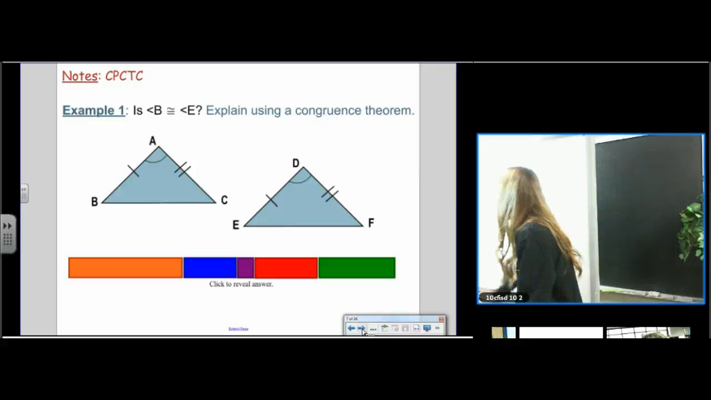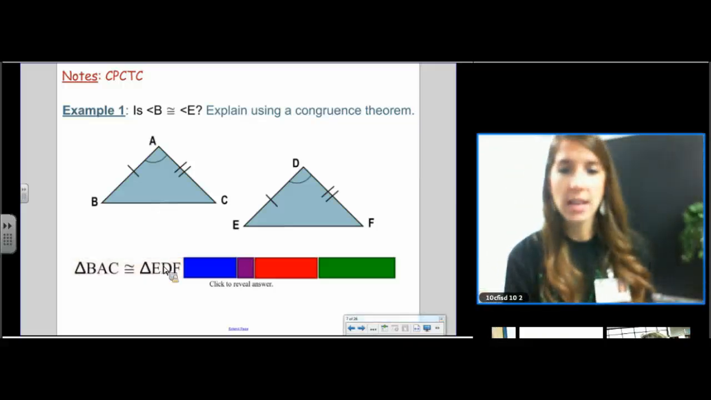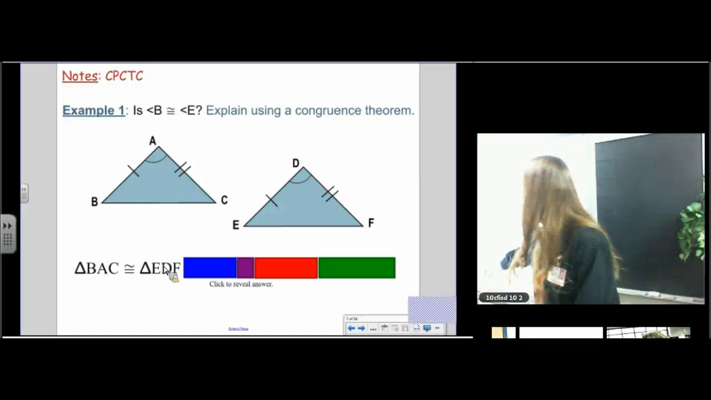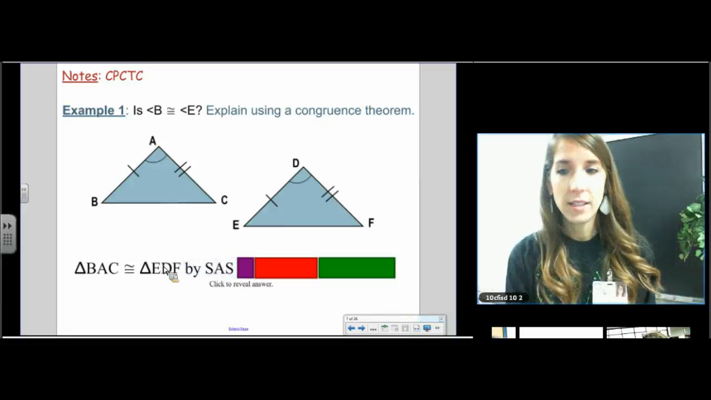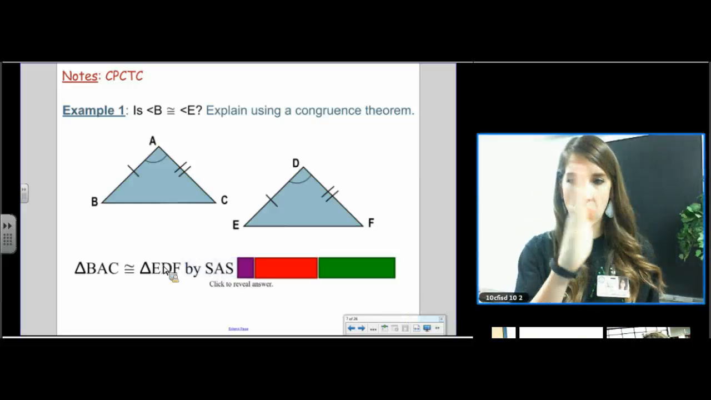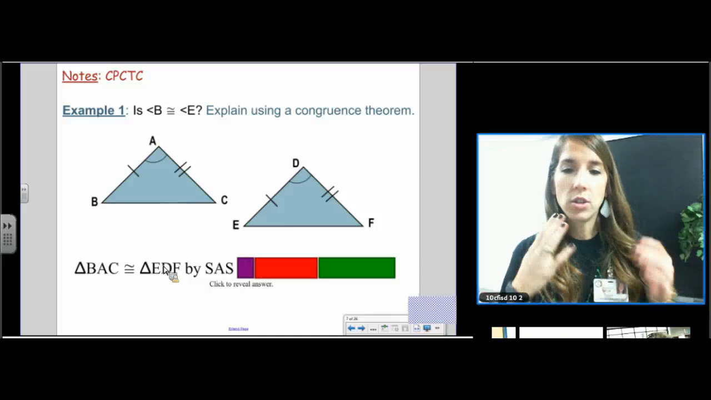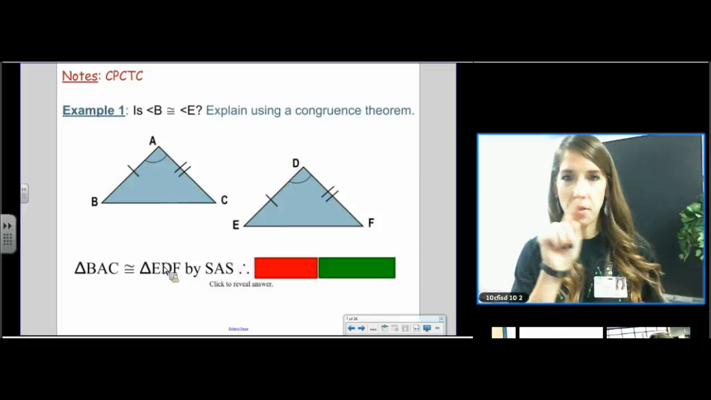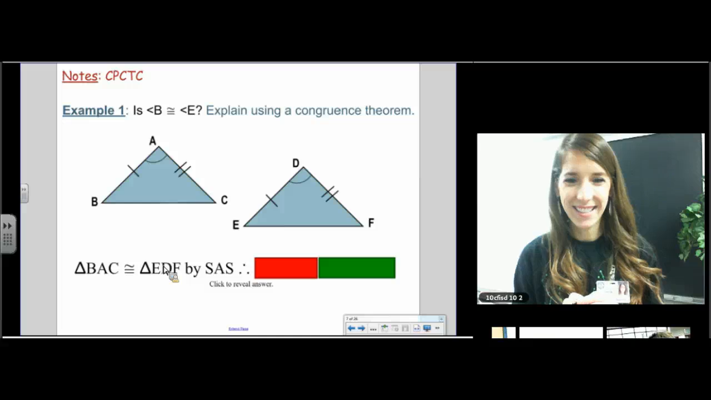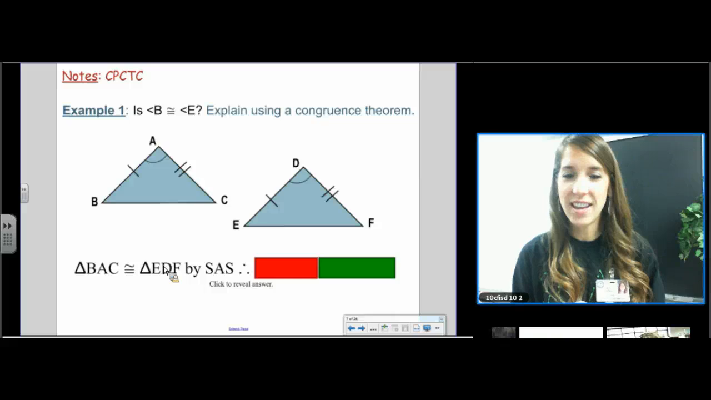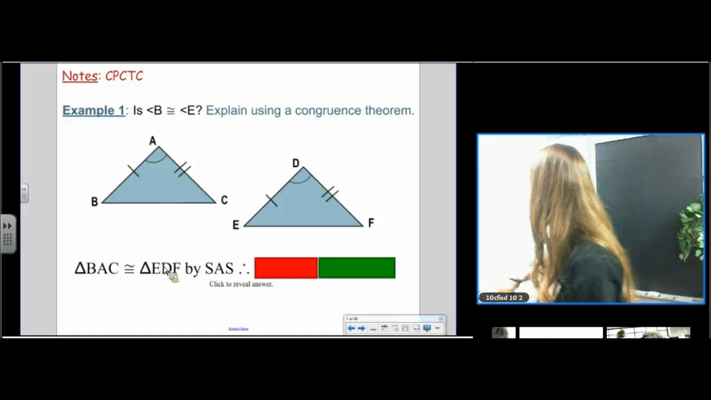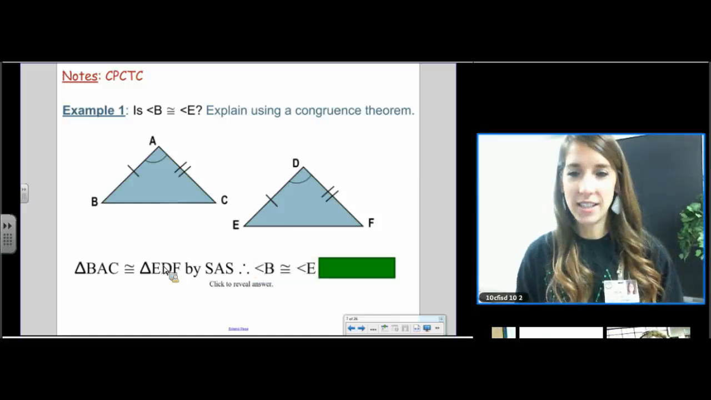First you say, triangle BAC is congruent to triangle EDF. Then you have to say why. You have to back it up. By side, angle, side. Do you see the tick marks? The side, the angle, and then the side? So you say the triangles are congruent by side, angle, side. What does that symbol mean? Do you know what the three dots mean? Starts with a T. Therefore, good job, Chloe. Therefore, angle B is congruent to angle E